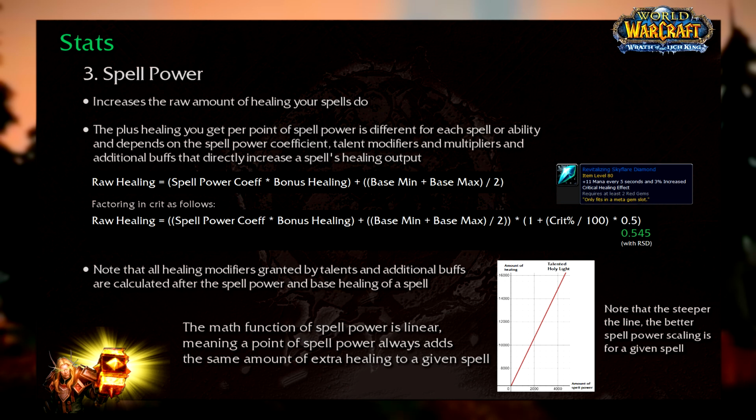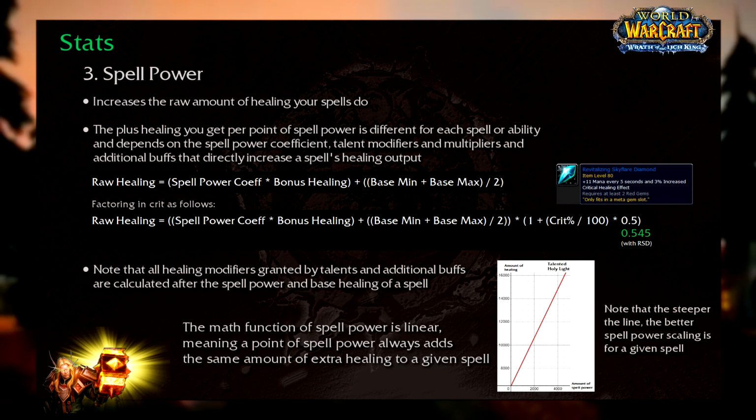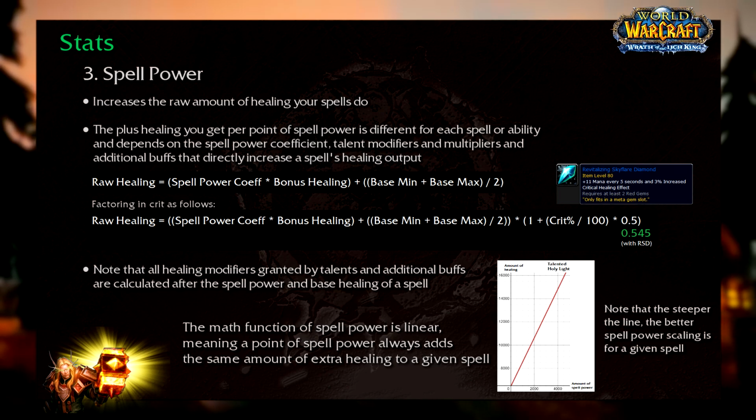The plus healing you get per point of spell power is different for each spell or ability and depends on the spell power coefficient, talent modifiers and multipliers, and additional buffs that directly increase a spell's healing output. The talent modifiers and additional healing increasing effects are applied and calculated after the spell power and the base healing of the spell. To calculate how much actual raw healing your spells do, you have to multiply the spell power coefficient of the spell by your total bonus healing and add the result into the average of spell's base minimum